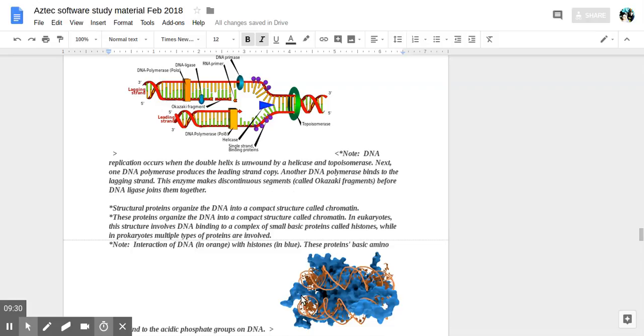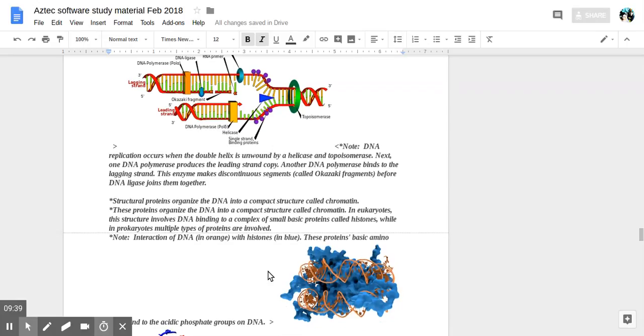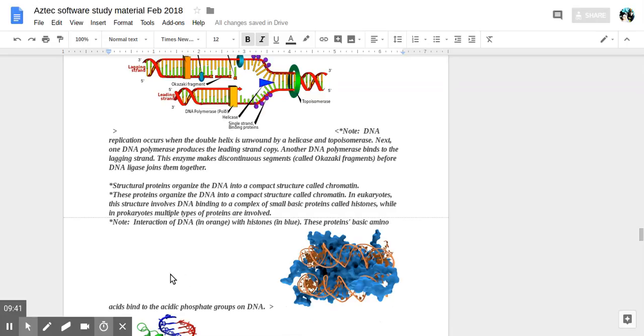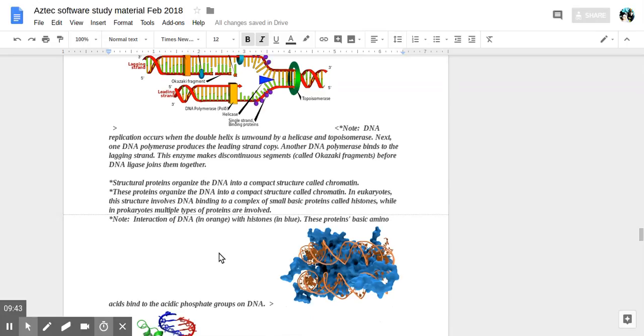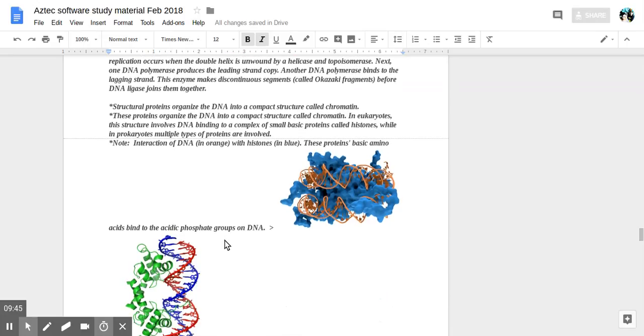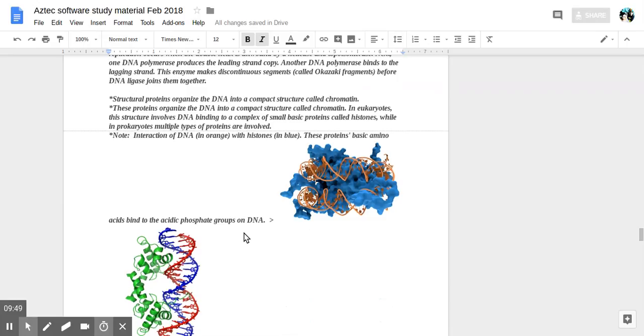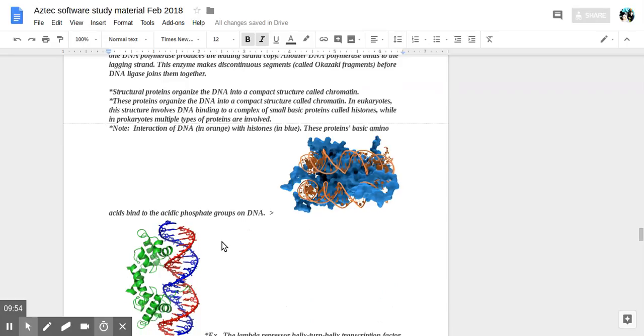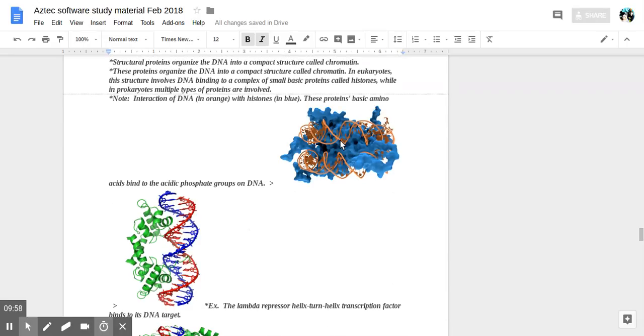In orange, you have DNA here, the blue showing the histone protein molecules that make them more condensed. The protein's basic amino acids bind to the acidic phosphate groups. So the acidic phosphate groups of DNA are attracted to